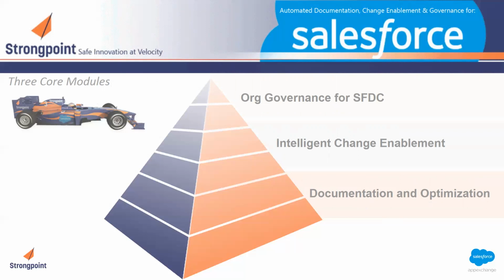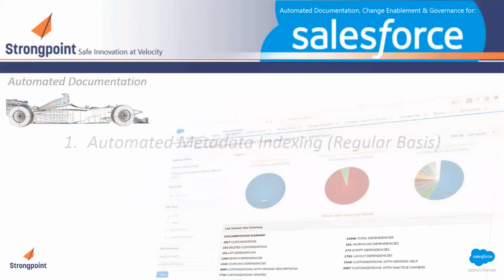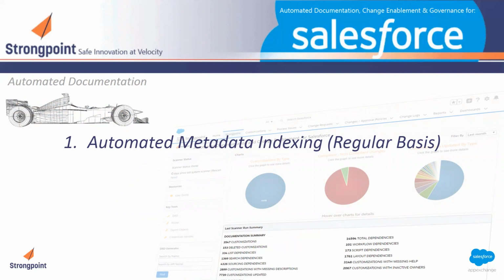The application that helps keep things going in that order is ICE, Intelligent Change Enablement, and then the governance for Salesforce to really be able to prove to third parties, auditors, and regulatory folks that you're in compliance with not only internal policy, but also external policy. So again, the foundation is DocOp, and it starts with the automated metadata indexing